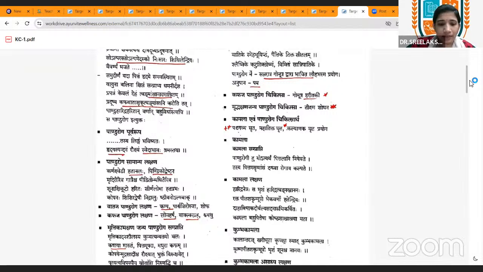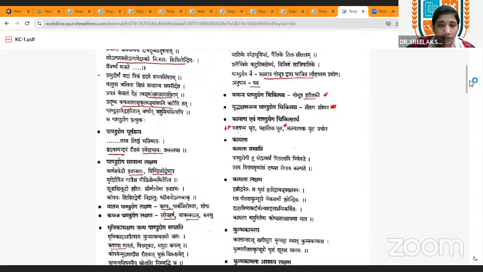Then coming to the Mrdjanya Pandu Lakshana. Actually, this mainly occurs in children. They have a tendency to take mud, and we can correlate this with iron deficiency anemia. Mainly in Mritbhakshana Janya Pandu, the symptoms are Shuna Akshikuta, Bhru, Pada, Nabhi, Mehana. So edema can occur in these areas: Akshikuta, Ganda, Bhru, Pada, Nabhi, and Mehana.